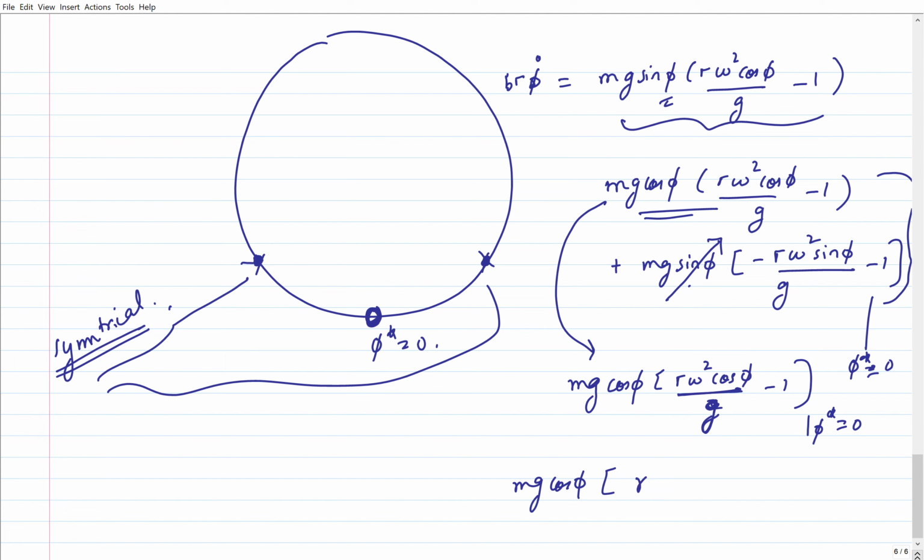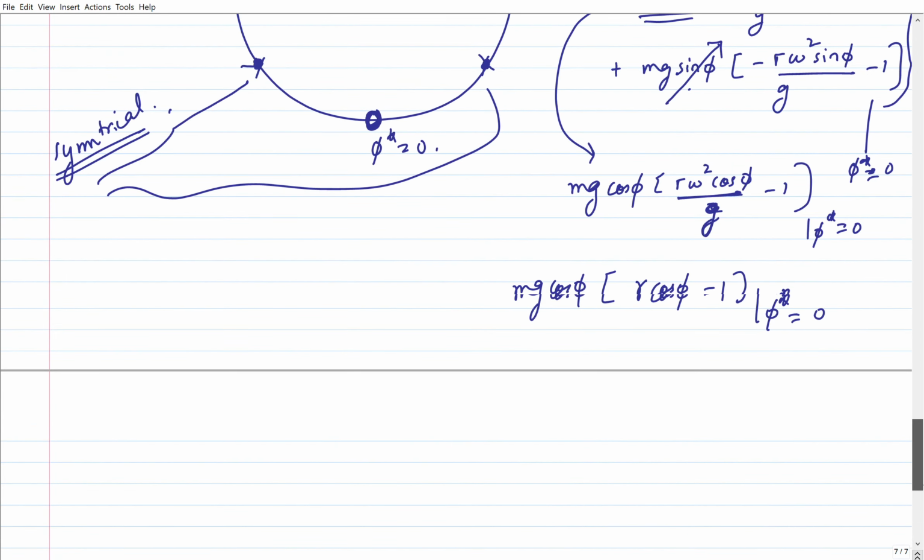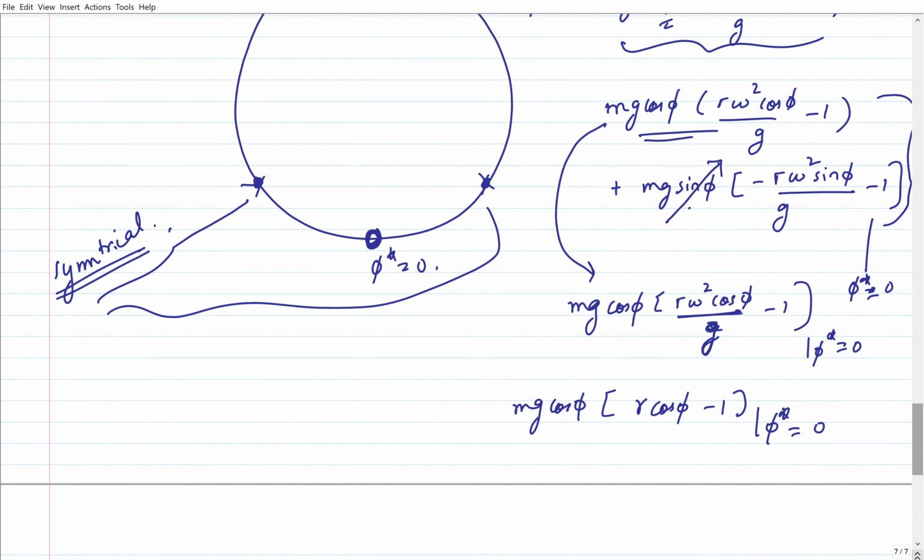So this is gamma cosine phi minus 1. So we need to check the stability of this at phi star equals 0. And what's going on? As phi is for gamma, so I need from this plot